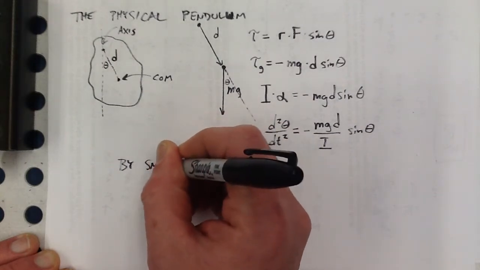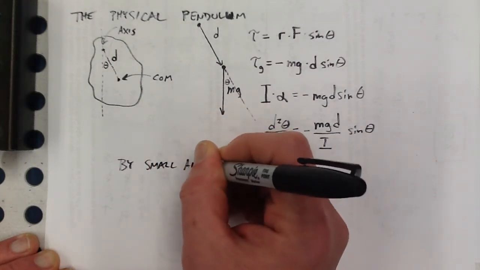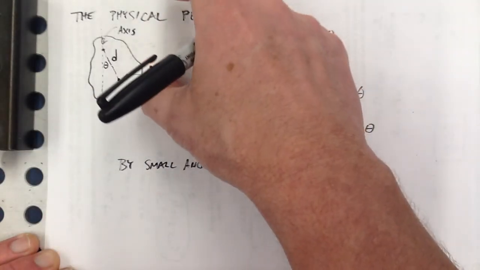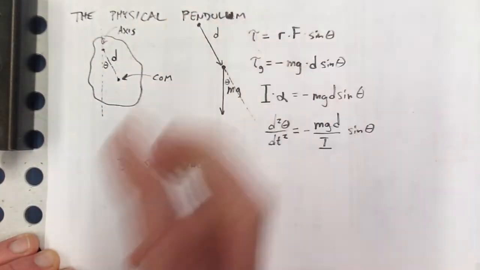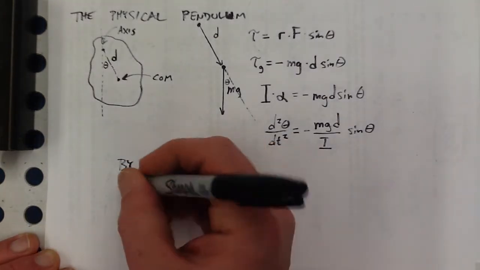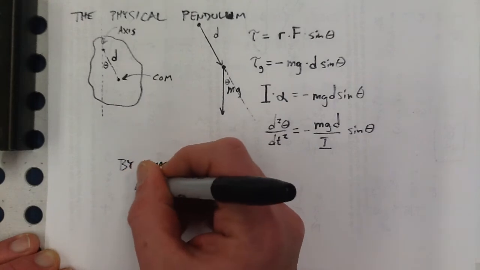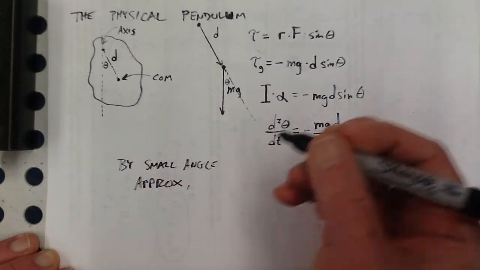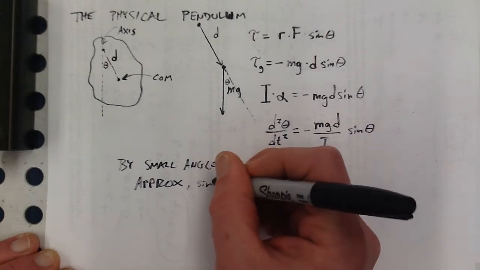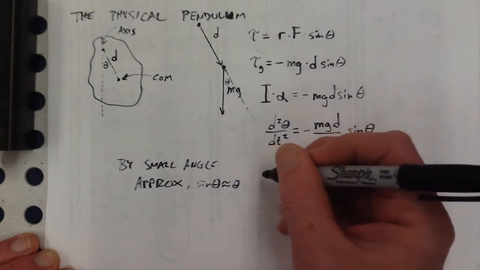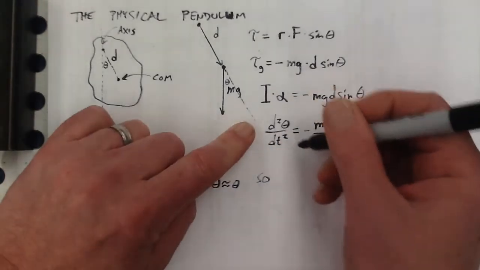Now of course this only works if you're not going to displace this a ton, like way more than 15 degrees, then you really shouldn't be going anywhere near the small angle approximation. So by the small angle approximation, sine theta is approximately equal to theta. So that gives me